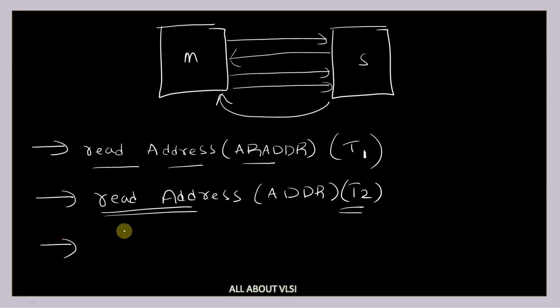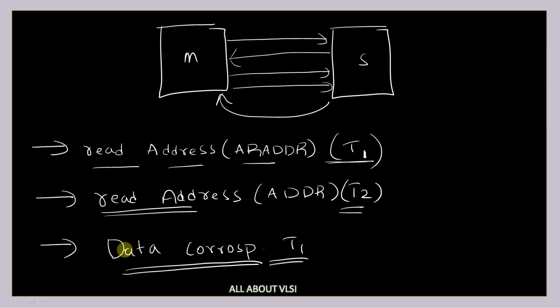Now, first of all, the slave is not allowed to start the T2 transaction until and unless the T1 transaction has been completed. What I mean by this is the slave should complete the first transaction. That means it should send the data corresponding to the T1 transaction. That means it should complete the T1 transaction. Only then is the slave allowed to start the T2 transaction,